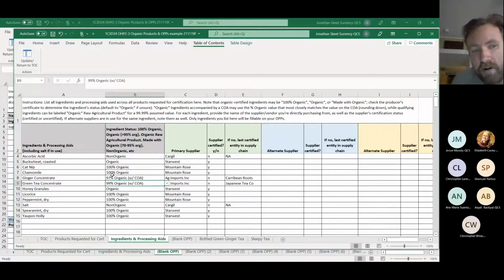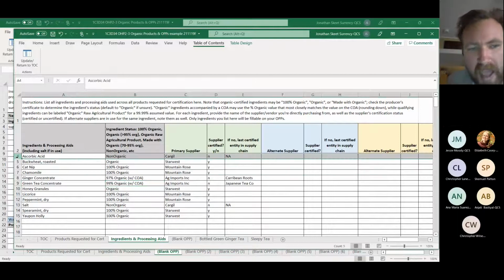However, the producer of that ingredient knows how much of the non-organic processing aid they use. They know that it was, according to their recipes, not more than 1% of the final product, and they have a certificate of analysis attesting to that. So with that information, they could say to the purchaser of their ingredient, hey, here's this green tea concentrate, and you can use it in your organic labeled products, but you can also know that it is 99% organic, because if I didn't give you that COA that said, hey, this is 99% organic,